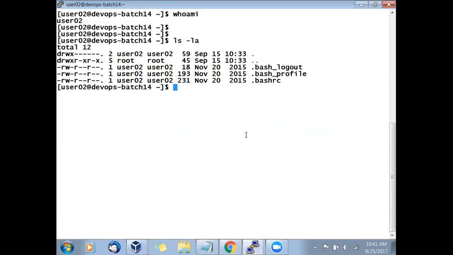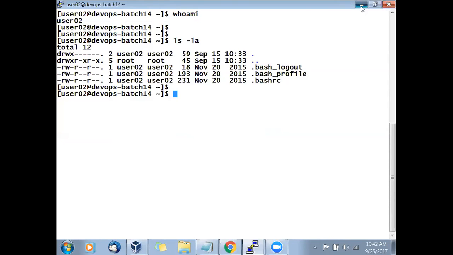And if I see his home directory, only 3 files are there, bash, logout. These are all default files. We don't care about that. So what is our project? DevOps patch 14. Do you see that file or folder here? So what we will do now, we will bring that whole thing down.